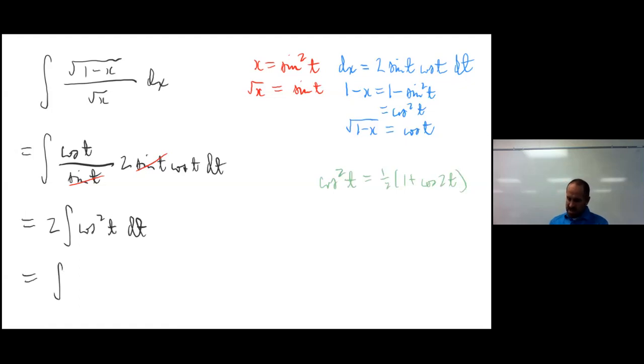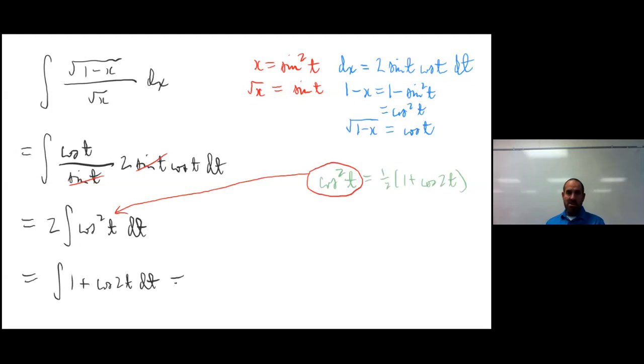And this just ends up being the integral of 1 plus, I'm taking this and putting it right there, what it's equal to at least. So then it's going to be 1 plus cosine of 2t dt,